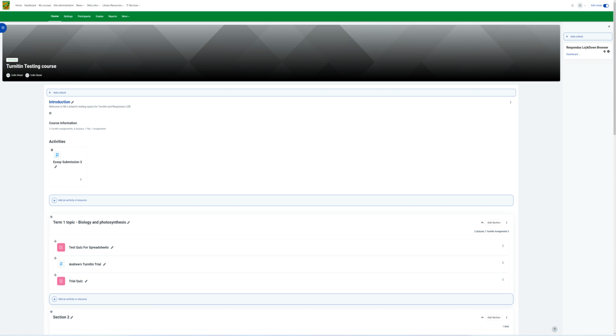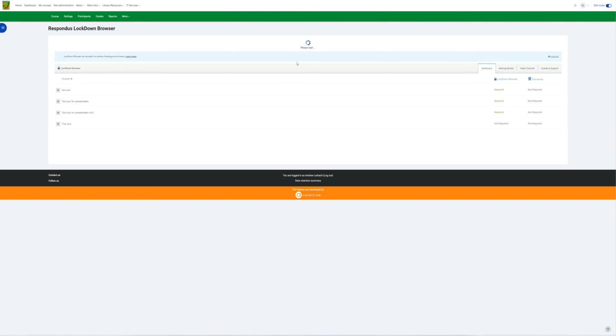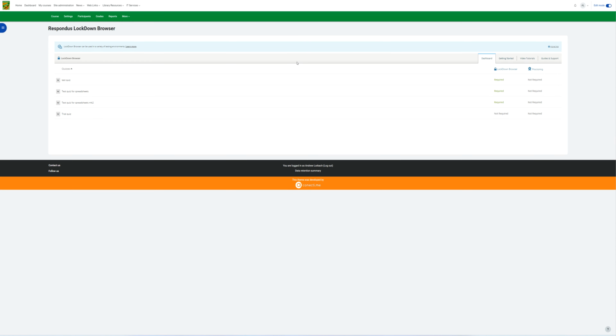Now I've got a Respondus Lockdown Browser block added to the right hand side of my course. If we click on the dashboard button here, it will take us to all of those options that are now available inside our Moodle course. We'll just give that a second to load and our new window appears. I'll start by saying that Respondus has some really great tutorials and tips for utilizing these functions. To access them, just on the right hand side here, there's Getting Started, Video Tutorials, and Guides and Support tabs. If you've got the time, I suggest having a look at some of those resources